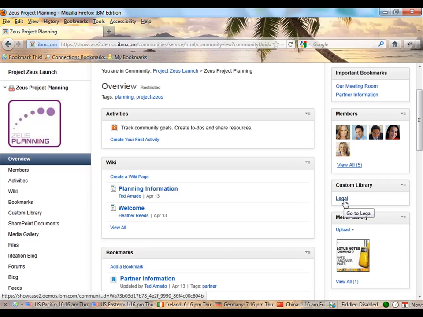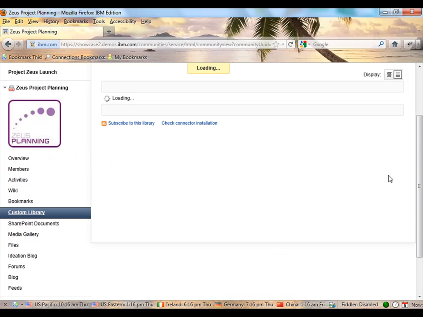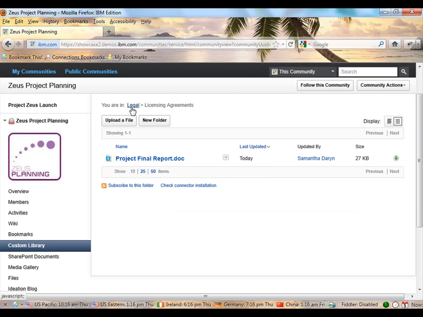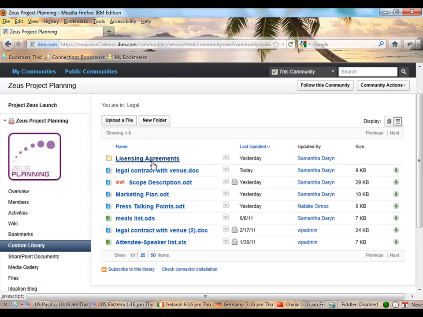I can open this library by either clicking on the name in the Library widget overview page, or by going to the navigation on the left-hand side. Once the widget opens, you'll see a table layout that shows all the content that's stored in this library on the ECM repository. You can navigate through folders to see the documents in a hierarchical structure, and you can also